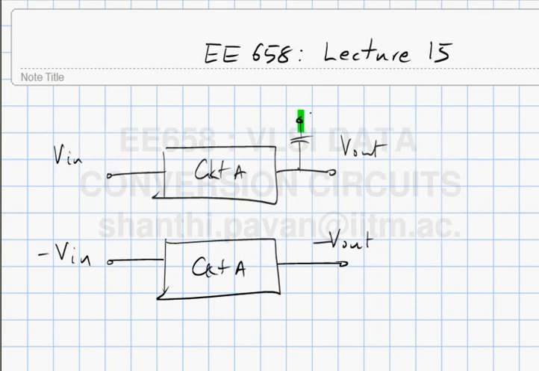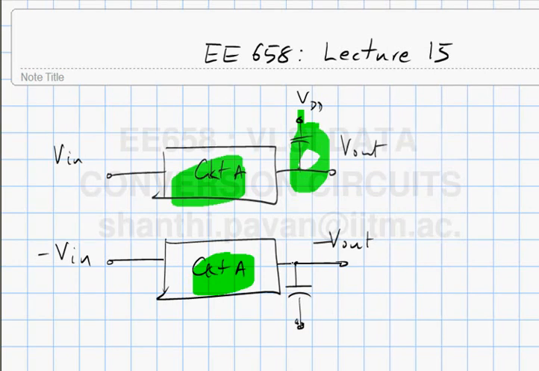capacitance from the supply to the output. If these two are exactly identical, any parasitic that you can expect to be there from the supply to this output can also be expected to be there from the supply to the negative output. Only if I interpret my input and output signals not as absolute voltages on either of these nodes, but as the difference between these two voltages, then I can see that all noise sources which are common to both circuits will simply get